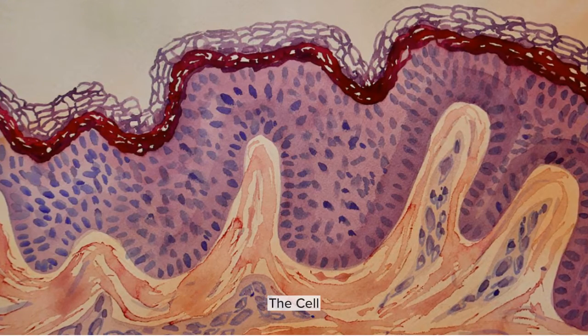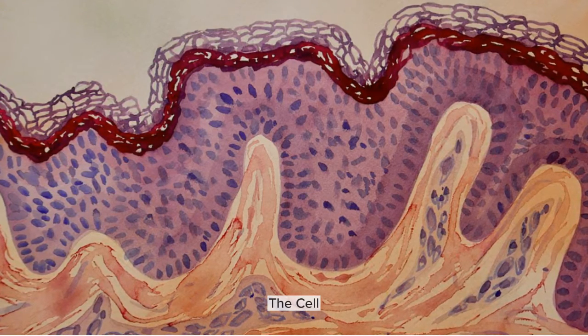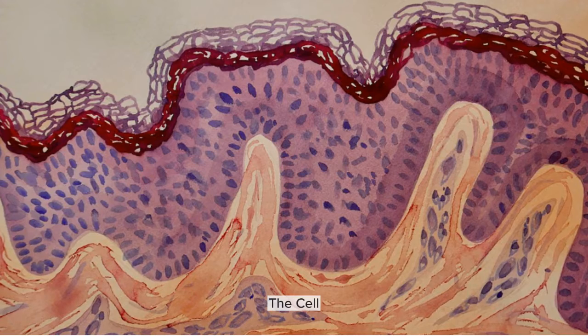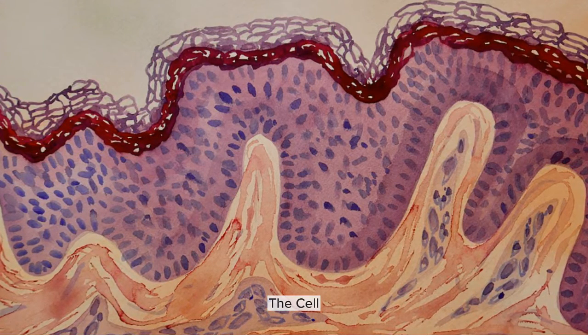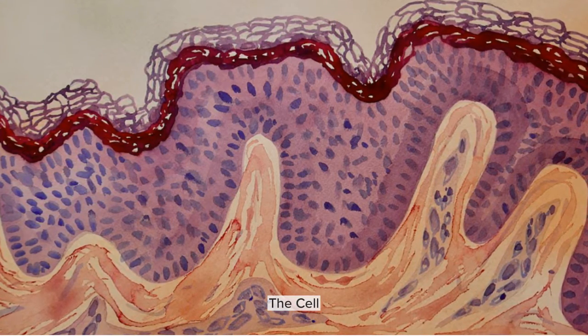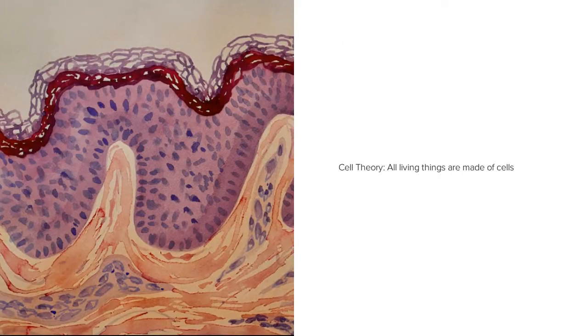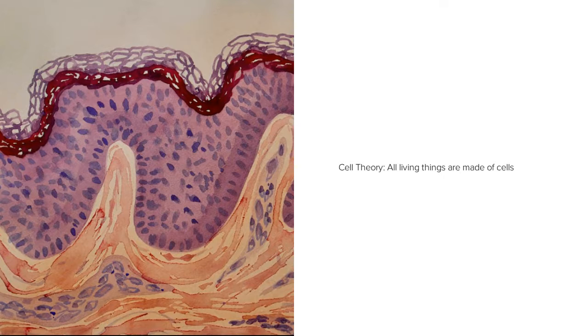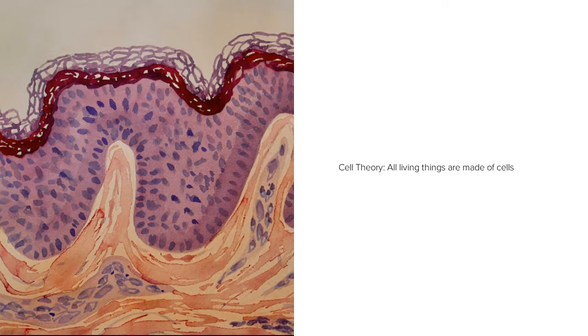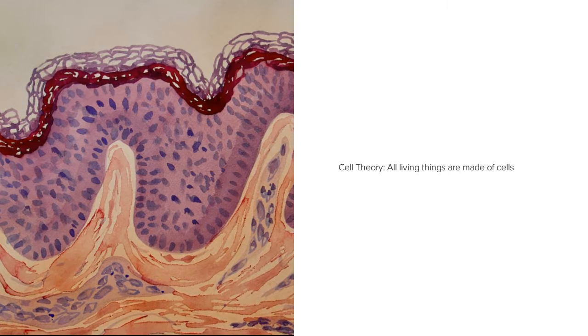So this is just going to be a quick crash course through the cell. This is by no means everything that you need to know, but it's just to give you a quick little insight into what we'll be learning about. So the first thing we want to consider is that all living things are made up of cells, and that within this there are many different types of cells